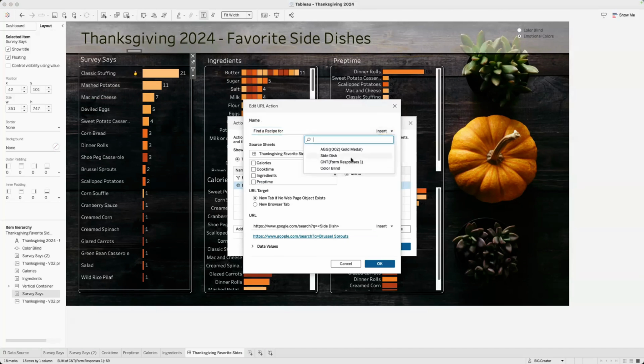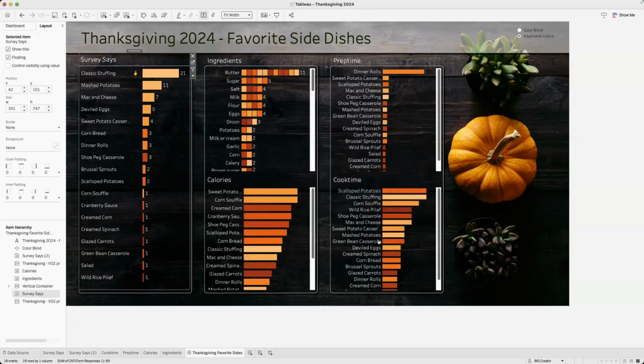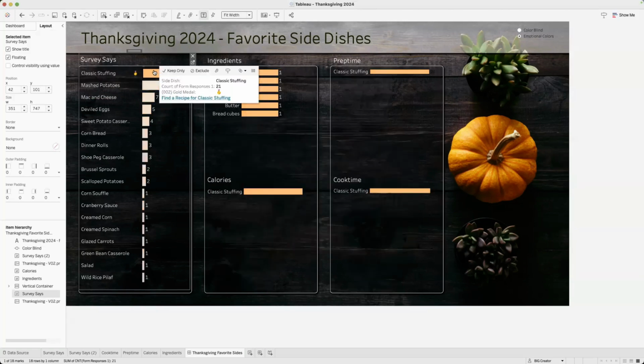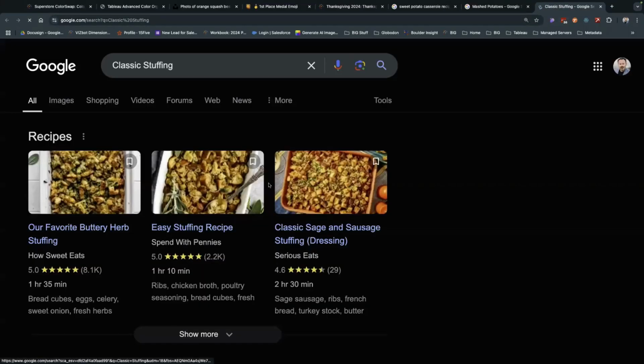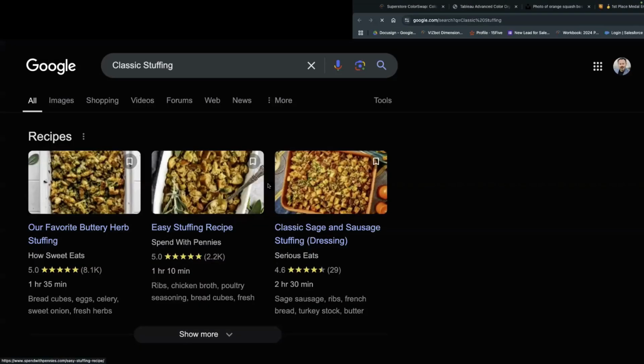Search. It's got to be that. Yeah, I think so. Anyway, it should be able to pop up and tell you the name of it. There we go. Yay. Classic stuffing. You can have it do that. So that would get you to Google. Or if you wanted to, you could also put a